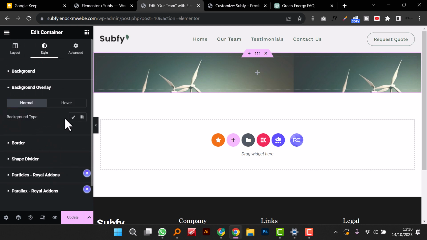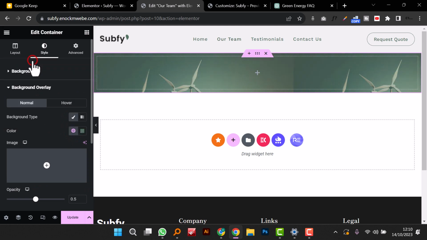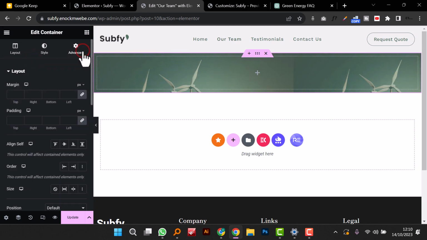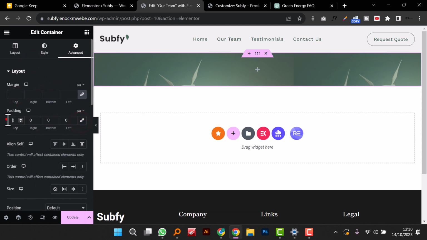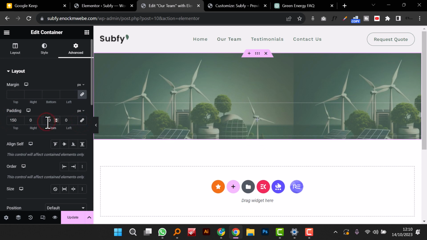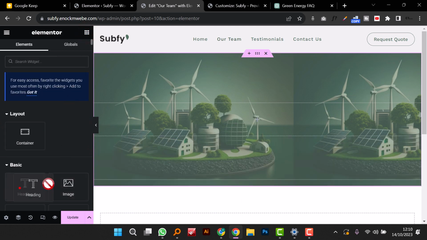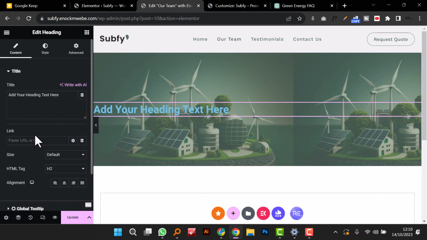I think we can use this color right here, this theme color that we set, and we give it a padding of 150 to the top and 150 to the bottom. Okay, then we put in some text. For example, we can say our team,